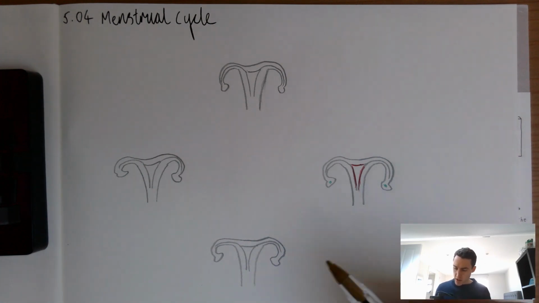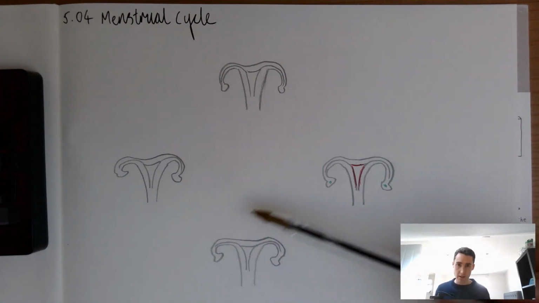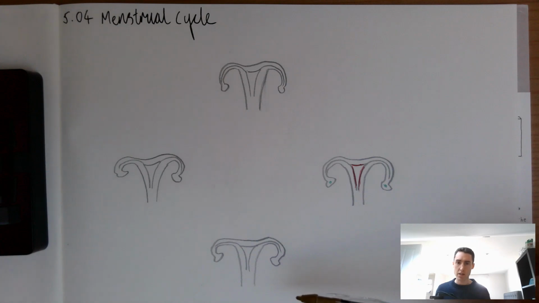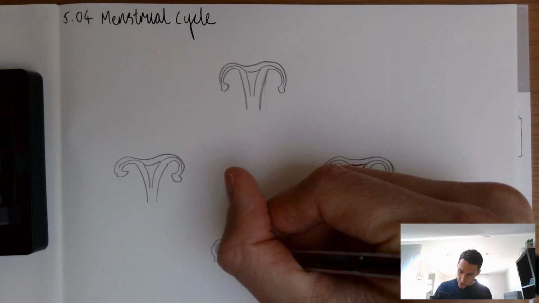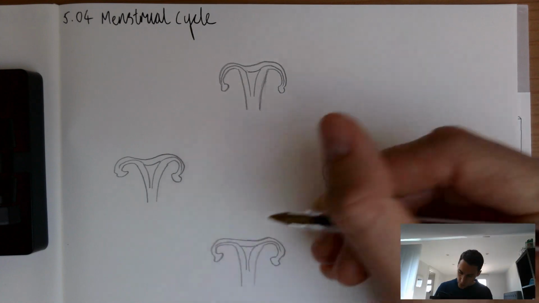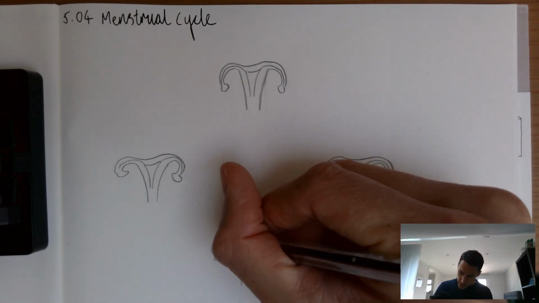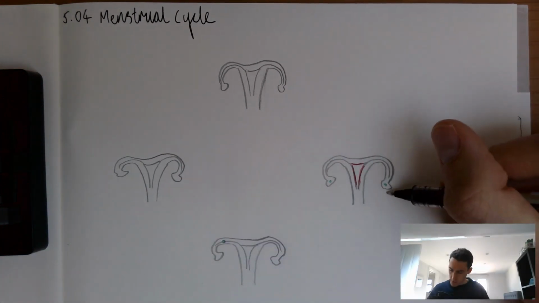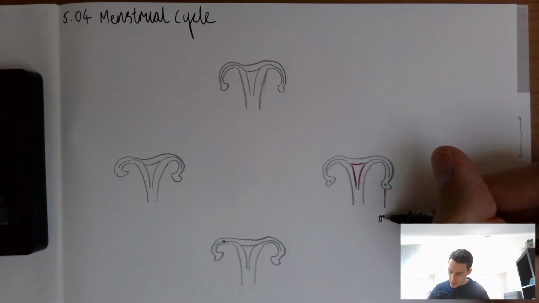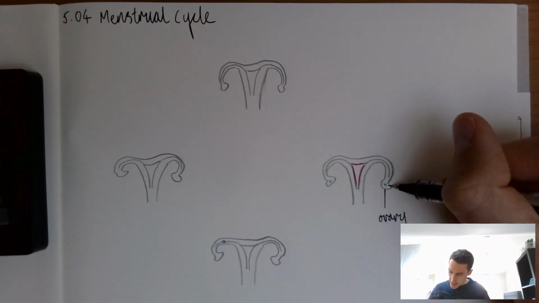Now, at some point, and this is at day 14, as we'll find out later, but you can just say at some point after the eggs in the ovaries have been maturing for a while, one of the eggs will be released. So this is released from the ovary here into, let's do it on this side, the oviduct. And you might want to label these as well, so we could label that this is an ovary, these are the eggs,